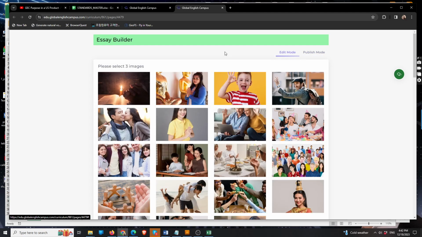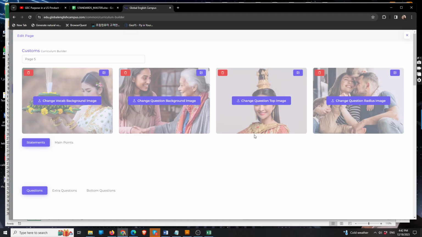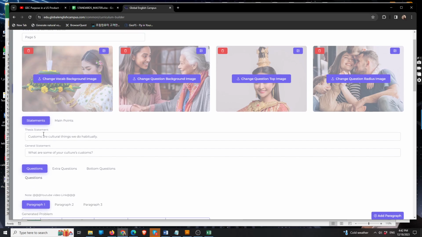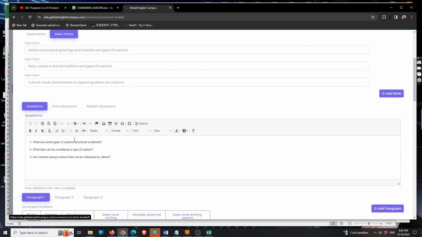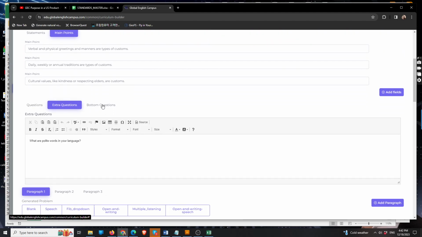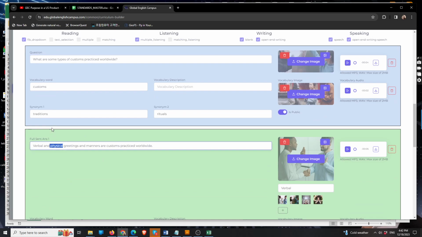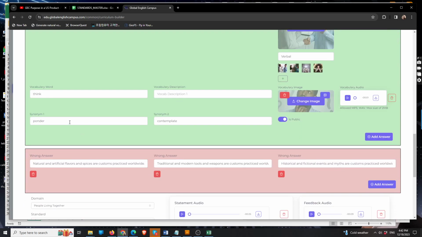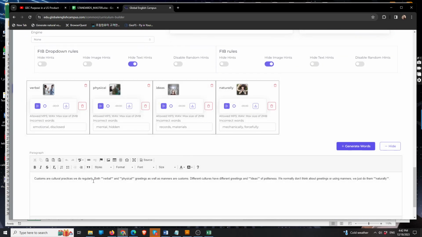So the way that this generally works, let me go into the editor, the page editor. You put in your thesis statement, your general statement. You put in your 3 main points, main point 1, 2, and 3. You put in your review questions, your discussion questions, and then you build your paragraph 1, paragraph 2, paragraph 3. And what we do is we put every asset: image, audio, single sentence question, single sentence answer, your vocabulary words and synonyms, and your distractors, and down here you even have your metadata that goes with your